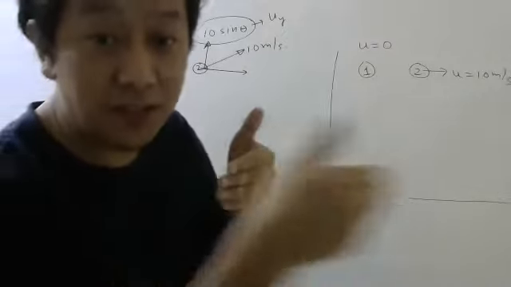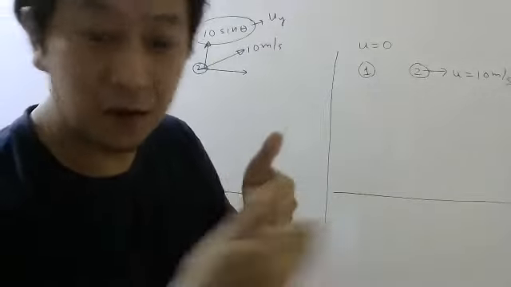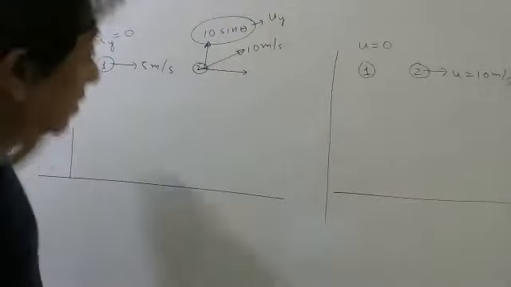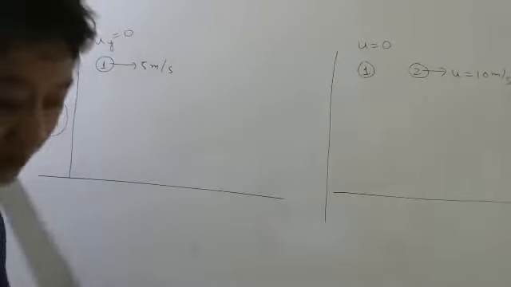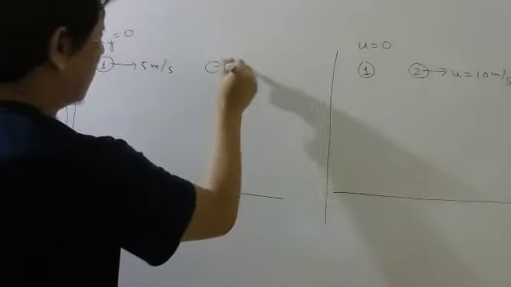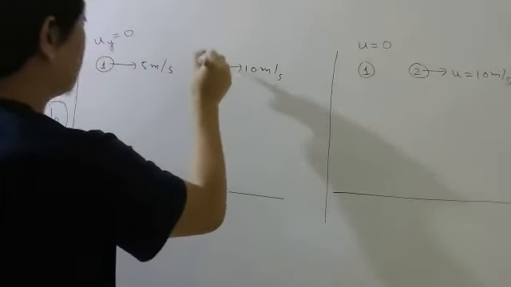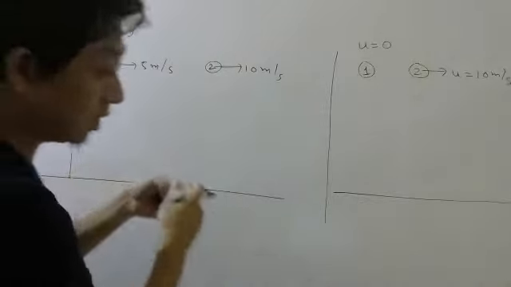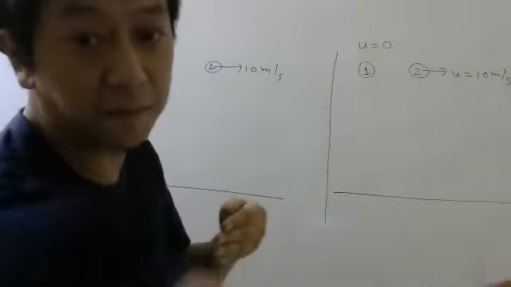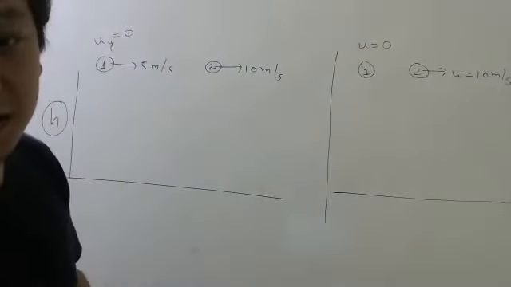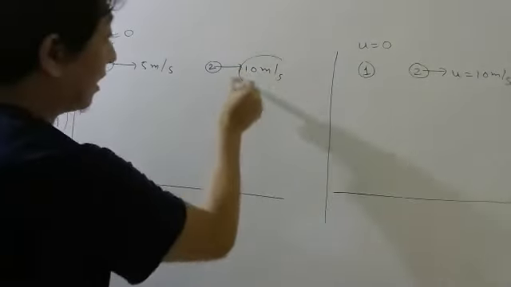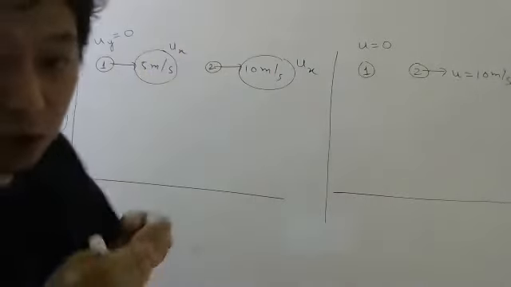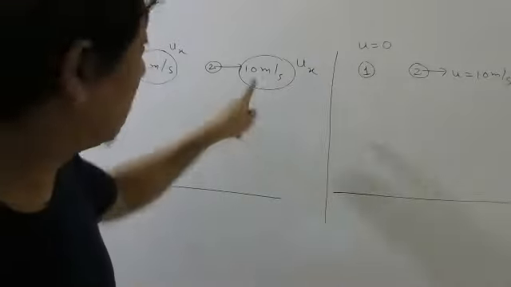See, I'm not saying the horizontal distance covered will be the same. Of course, it will differ. In the initial example, when this was thrown with 10 meter per second, please understand both will take the same time, but which will cover more horizontal distance? The second one, because it has more ux than this one, right? So horizontal distance will be covered more by this one.